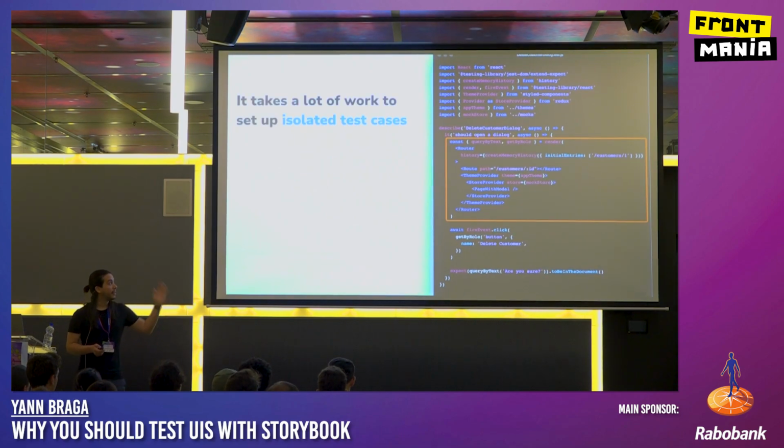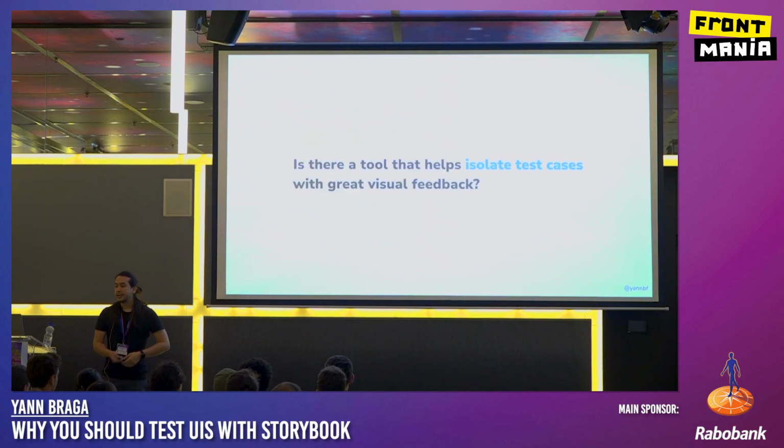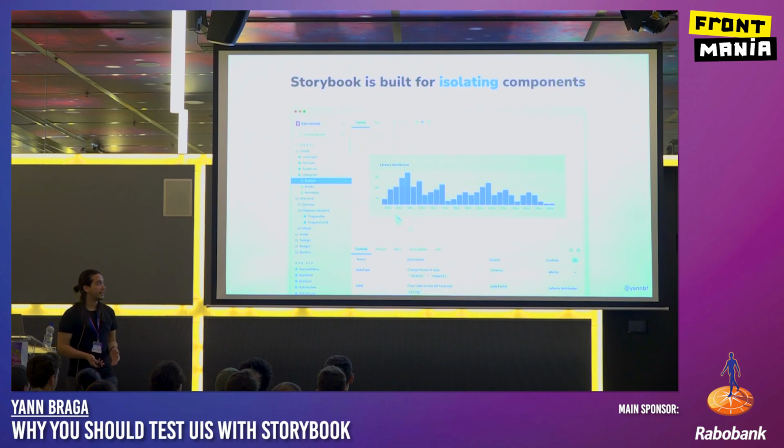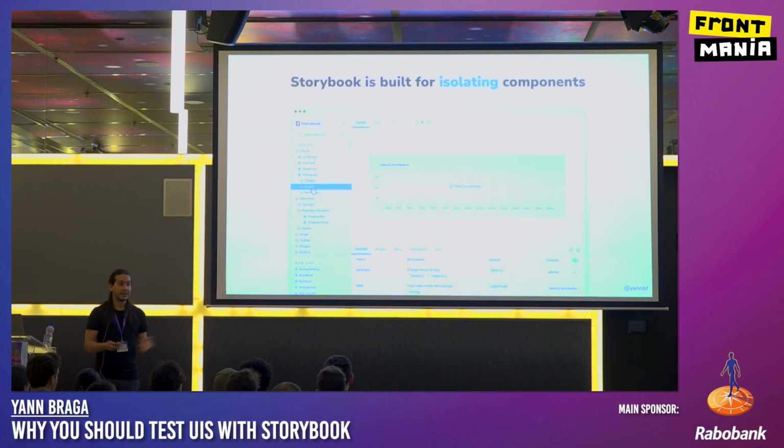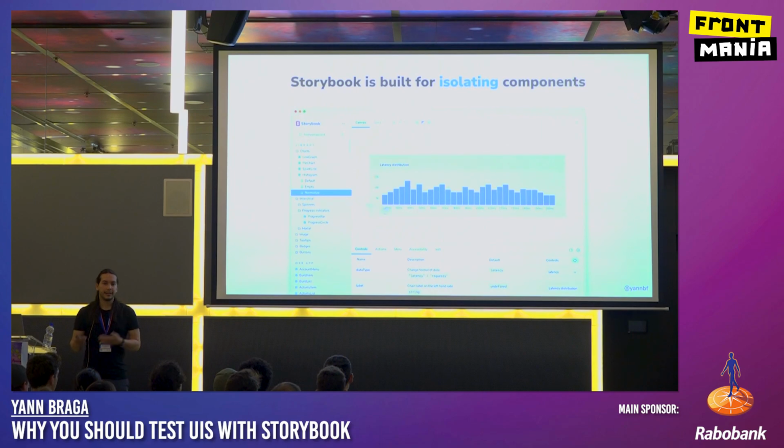Yeah. You might be writing all of these things, but you're not visualizing what exactly is going on. If there's an error, you're only seeing the errors in the CLI. So Storybook is pretty much a tool that helps you isolate your components, but in a very nicely visualized way. So with Storybook, you all know about Storybook, but for the ones that don't know about it,